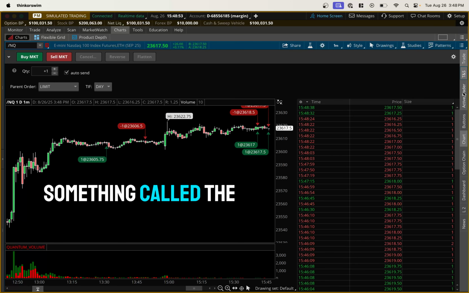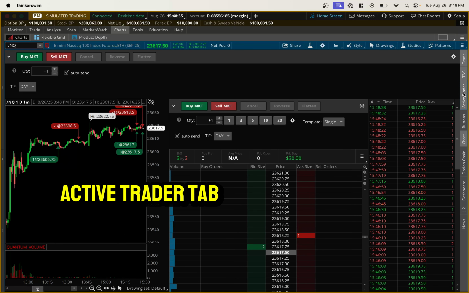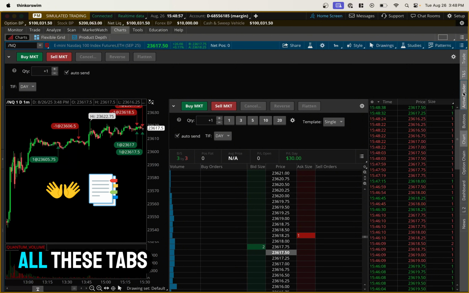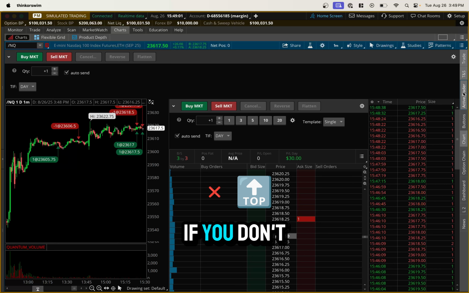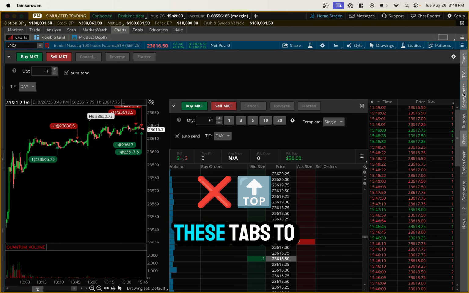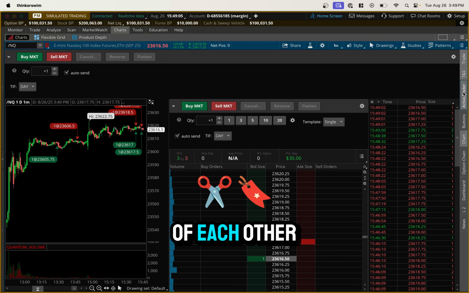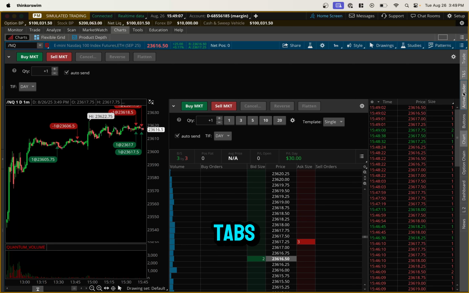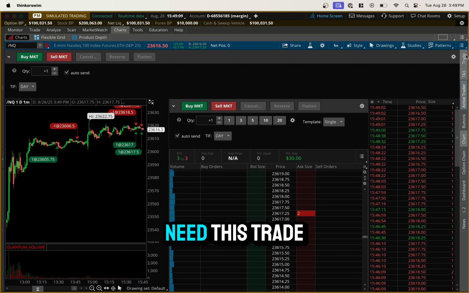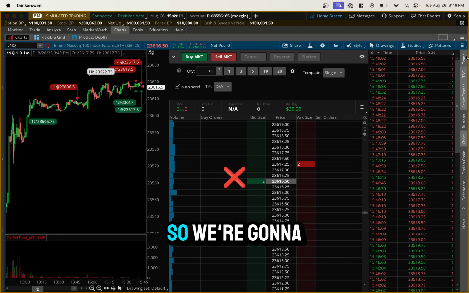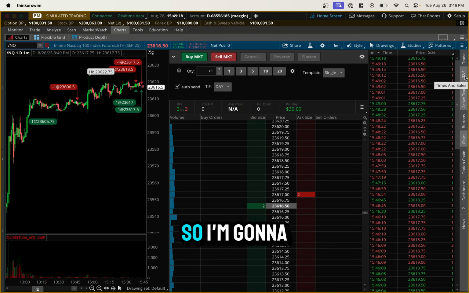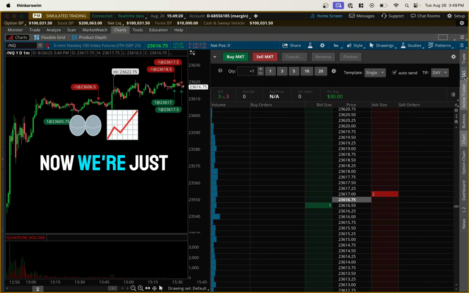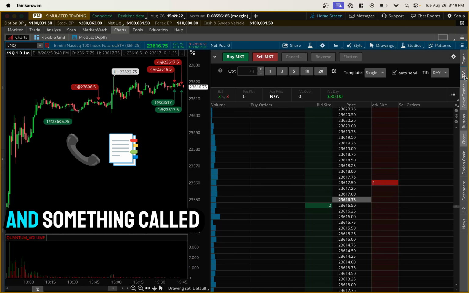Then we have something called the active trader tab. Now notice as I'm opening up all these tabs, they are piling on top of each other. If you don't want all of these tabs to pile on top of each other, you can deactivate tabs. So for example, we're not going to need this trade tab anymore. So we're going to unclick that. And we also don't want this TNS right now. So I'm going to unclick that. Now we're just looking at the chart and something called the